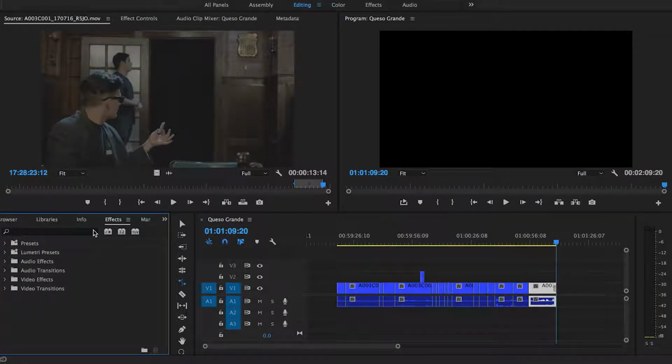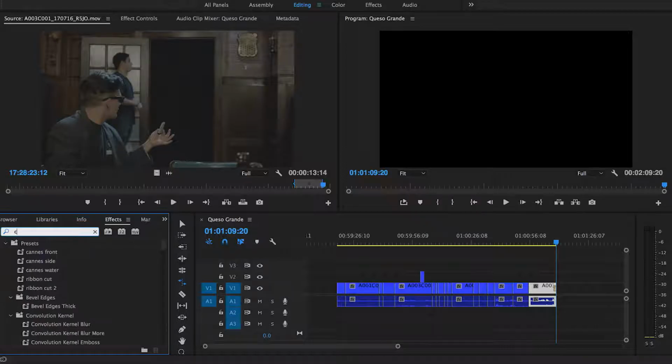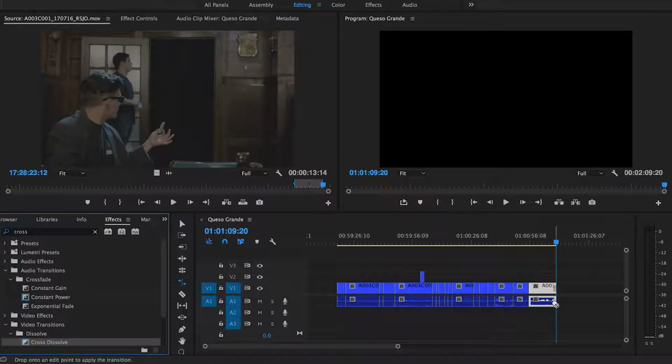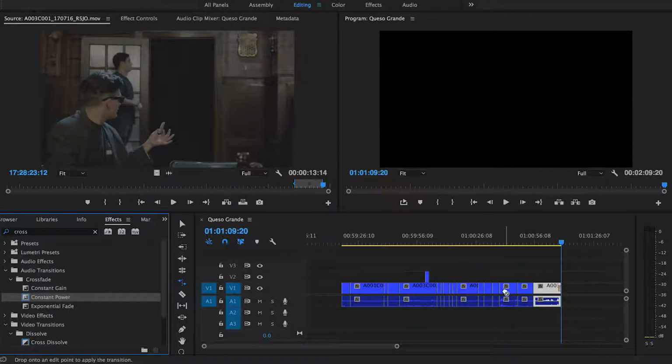So now that I've reached the end of the edit, the first thing that I like to do is make sure that the picture and sound fade out. You don't want it to just end abruptly because it throws audiences off and no one really likes that and it feels unnatural. So what you're going to do, you're going to go over to your effects tab and either